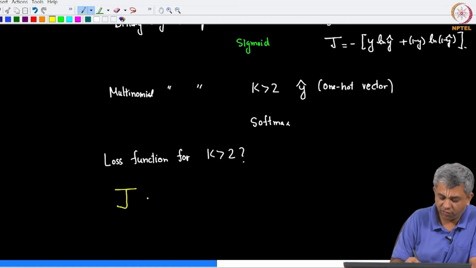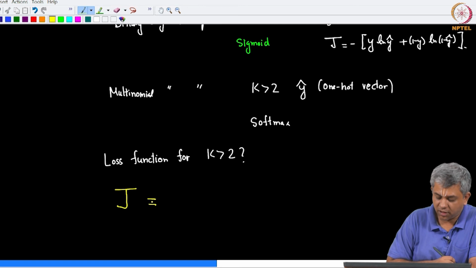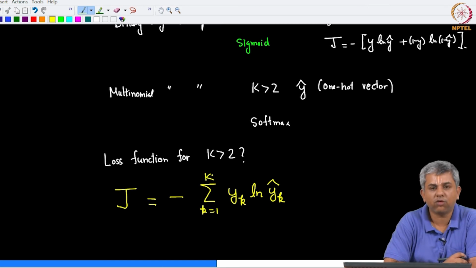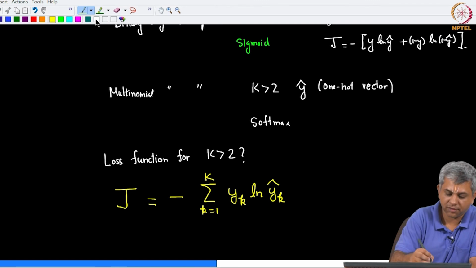The cost function for the multinomial case is minus sigma y k ln y k hat. This is it for k equal to 1 to capital K classes.